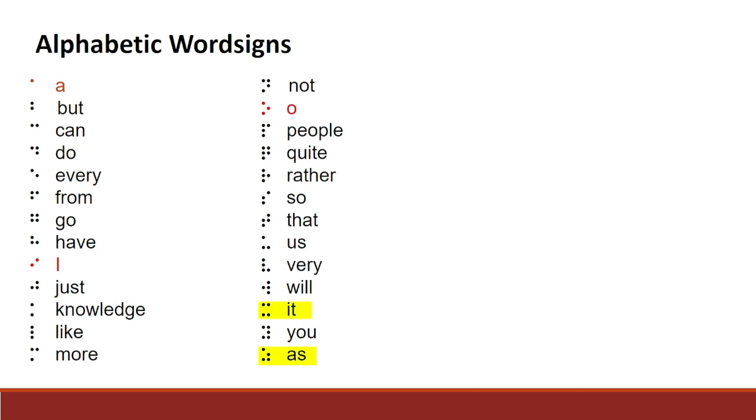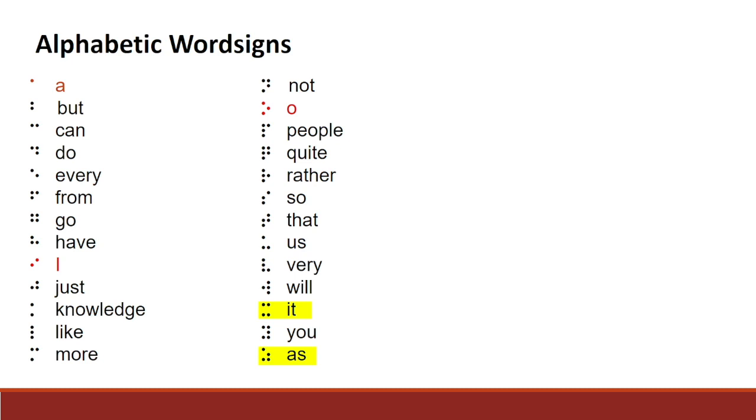Here are the contractions. A is A, B is the word but, C is the word can, D is do, E is every, F is from, G is go, H is have, I is I, J is just, K is knowledge, L is like, M is more, N is not, O is O, P is people, Q is quite, R is rather, S is so, T is that, U is us,